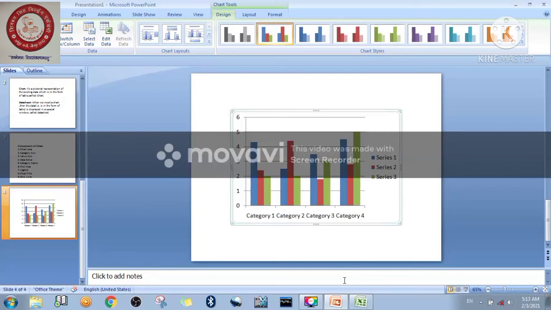Now we are going to understand the components of the chart. First of all, we are going to understand what the chart area is. The definition says that the chart area includes the complete area and all the objects in the chart.